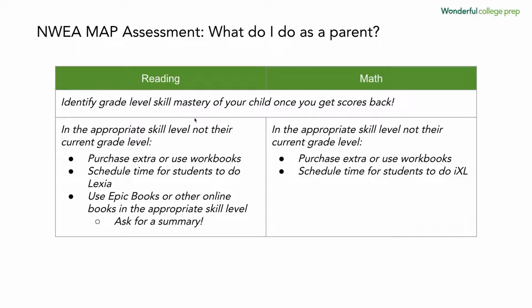So what can you do as a parent? First, I would look at that chart and make sure I understood the level of my child's skill mastery, and understand what grade level they are in. Next, I'm probably going to be looking at what they can do on their skill level that's not at their current grade level. So in that instance with the reading, where my 10th grade student would be at a 5th or 6th grade level, I might be going to Amazon and finding some additional books for them to read that are closer to their age range.